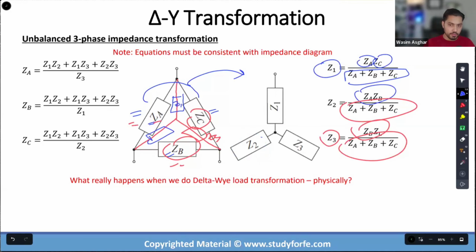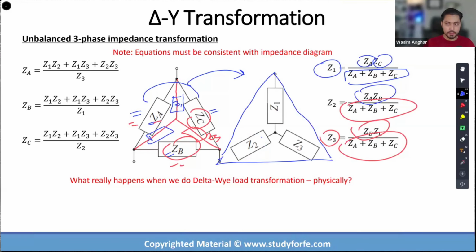If I have been provided a Y, and for whatever reason you want to go from a Y to a delta, then we know that my ZA is this guy, looking at delta. Then my ZB is this guy. And my ZC is this guy. So when you're going from a Y into a delta, the delta ZA will be equal to